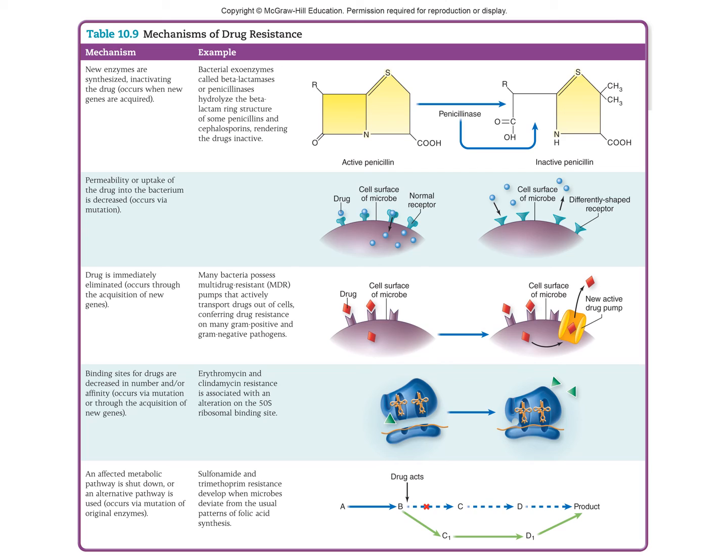Is the large subunit of the bacterial ribosome, so that the ribosome can still bind and still read, and that bacteria gets the proteins it needs made. Lastly, an affected metabolic pathway can be shut down. If you remember back, we didn't really talk much about it, but there are antibiotics that will affect the folic acid pathway. This is an example where the drug actually comes in and screws up that pathway, but the bacteria basically